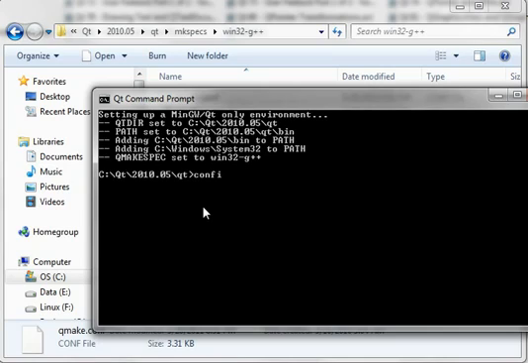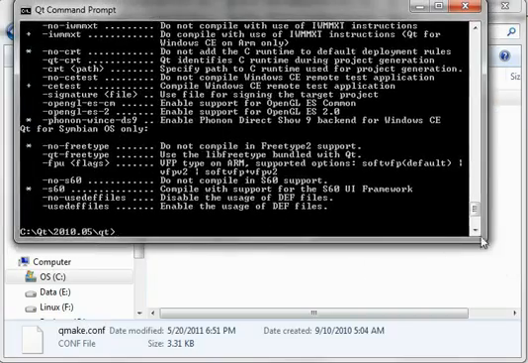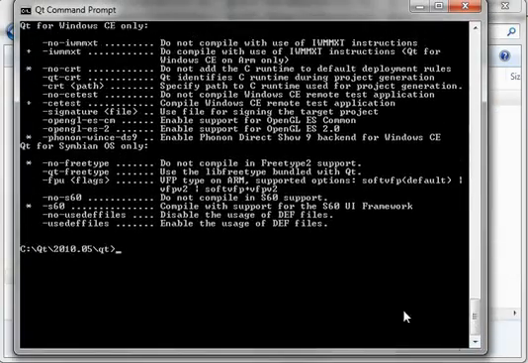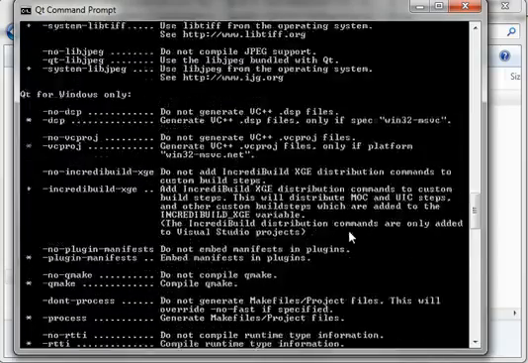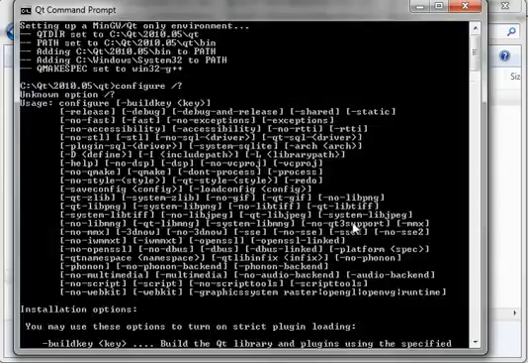You're going to type a command called configure. And first off, be sure you spell it right. And do a /? And that will give you all of the options for configure. And there are quite a few of them, so you've got a lot of reading to do. But we're going to pick out just the main ones here. If you scroll all the way up,